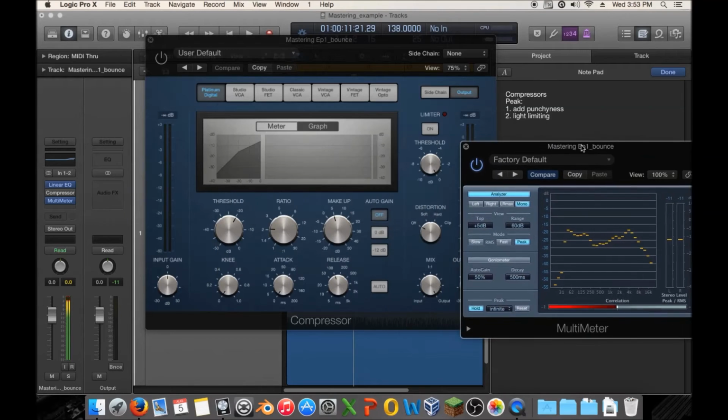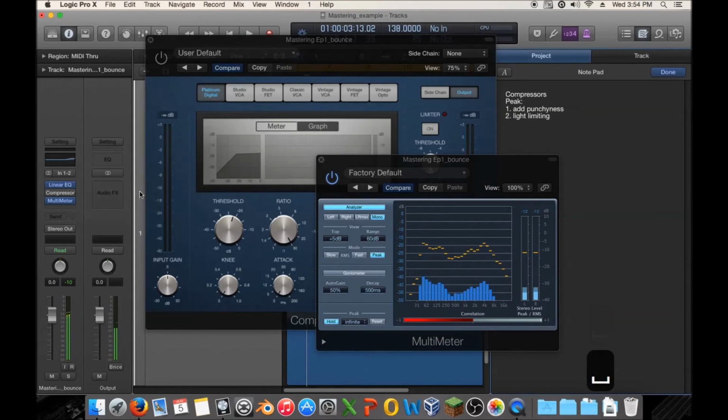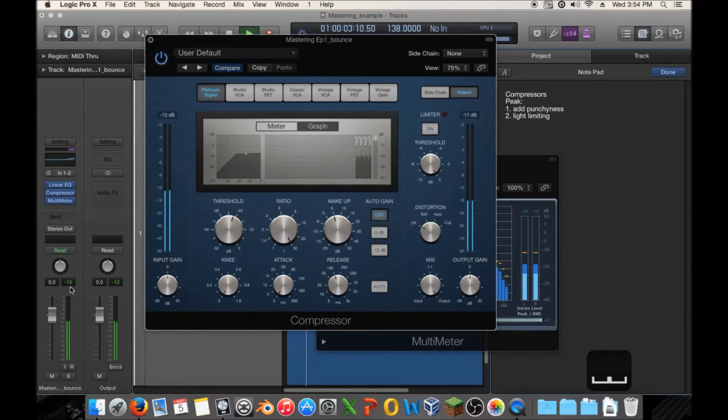So now, why would I not suggest hard limiting with the compressor? The reason I don't suggest that is because compressors typically like to flatten the high end. And if you just do a very high ratio, and then you just let it run, you could pull it up pretty loud by using the gain. So here we go. Where are we at now? It's at negative 10. Now it's at negative 17. So I could pull this up by